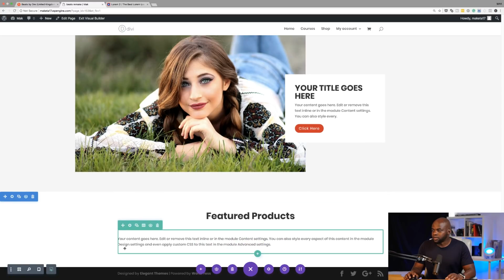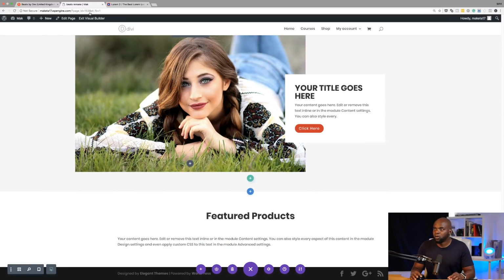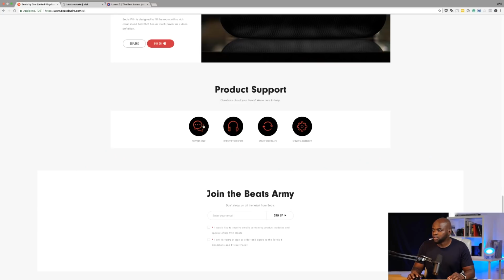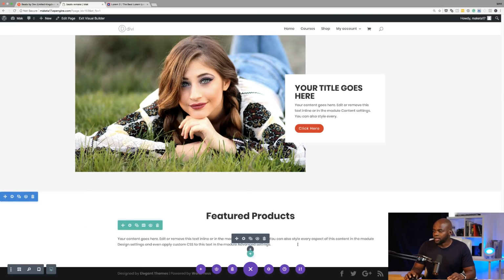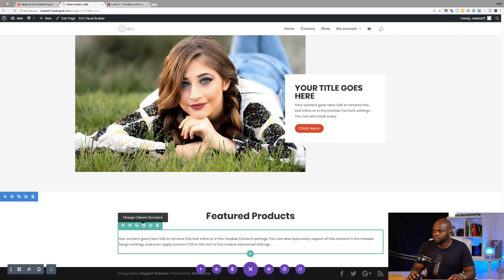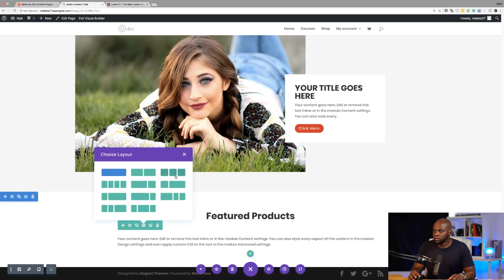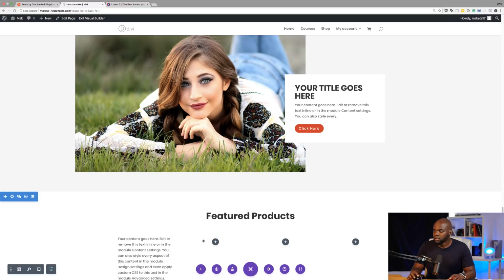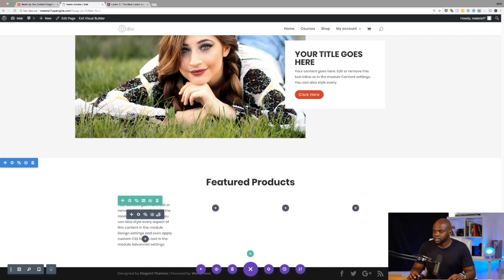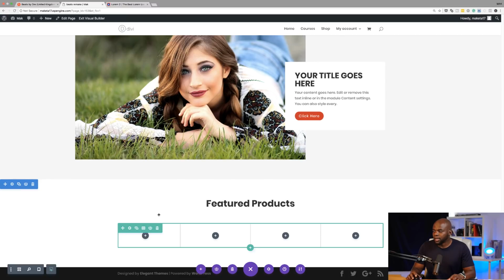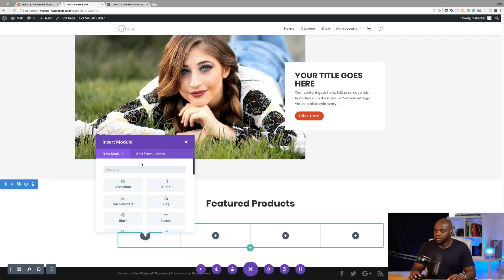And let's customize this. So we need to have 4 icons, I think. Yes, so we need to have 4 icons. So let's go in and fix that. Right, so I'm going to come over here to my column structure and then choose 4, just like that. So the first one here, of course, has the text module. Let's delete that and let's start adding our images. So I'm going to click this plus button, add my first image,